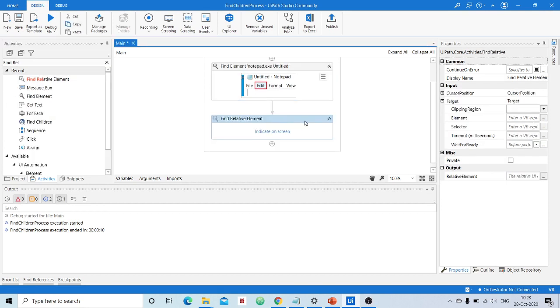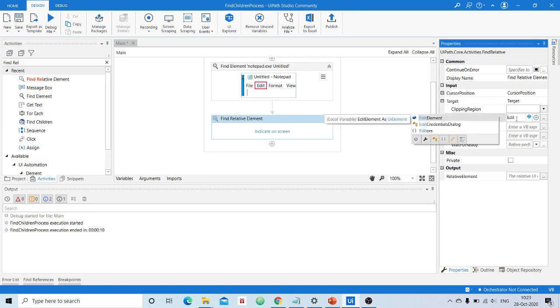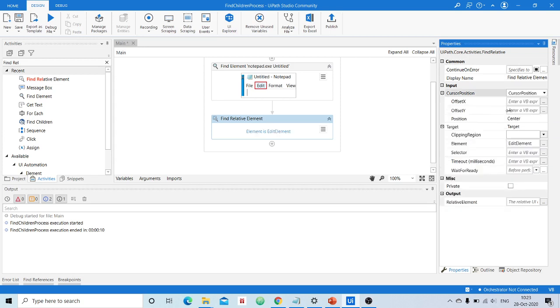A format, right? Now see, can you see a target, I mean input target option here? In the element you specify the found element or reference element, the edit element, and in the cursor position you can set, as I said, either left, right, or top or bottom.